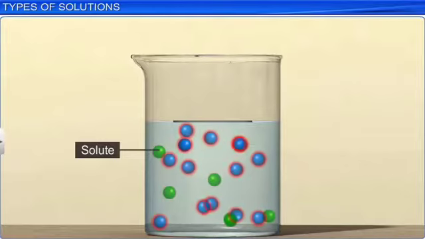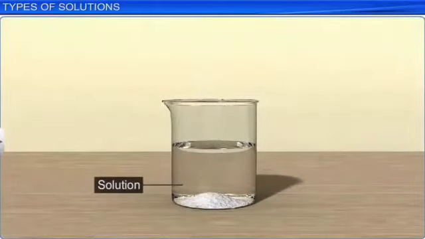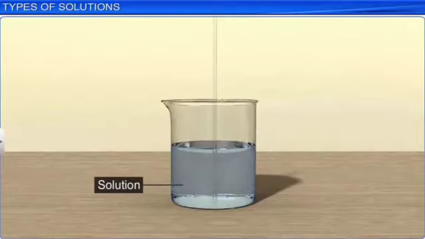The solution has the same physical state as the solvent. A solution containing only one dissolved solute in a solvent is called a binary solution. Depending upon the physical state of the solvent, various types of solutions that can be formed are